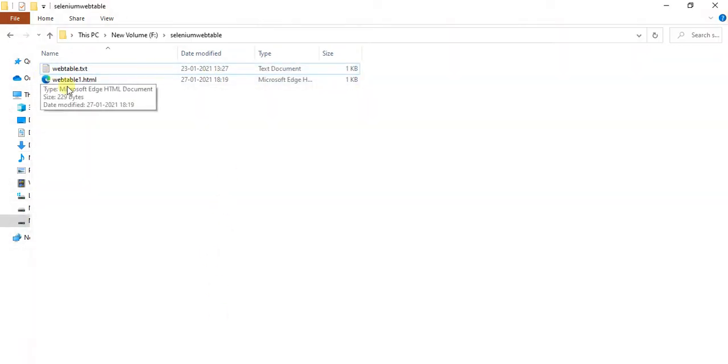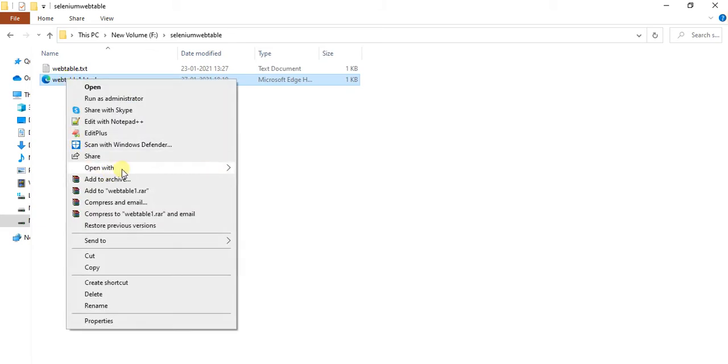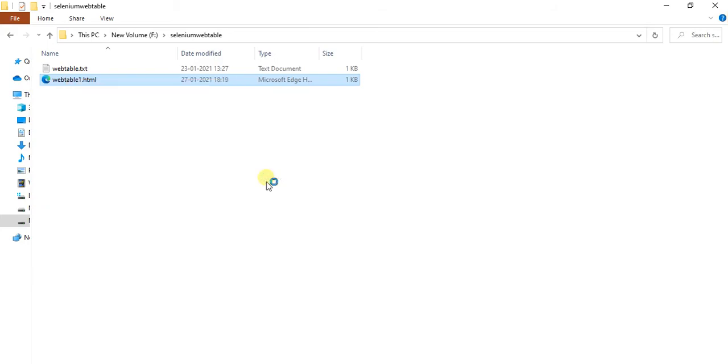This is the converted web page. Let me run this and open it with Google Chrome. So our table is created. Here I have MI, then tol and triple three elements.